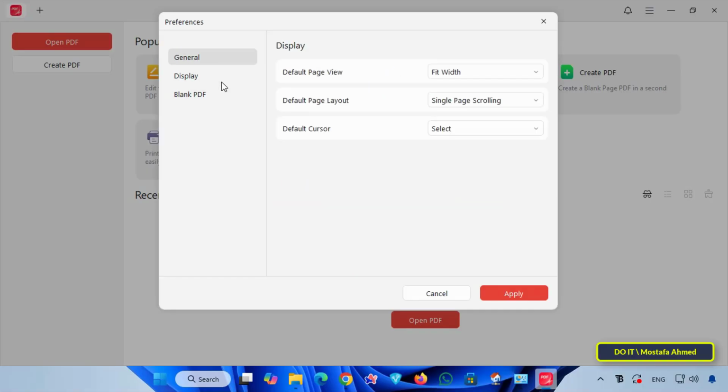And by clicking on the Display tab, you can adjust how your documents appear when you open them. You can set the default page width, such as Fits Display, to ensure the text is immediately readable. You can also choose the default page layout, such as Scroll One Page, which is ideal for smooth browsing. Finally, you can select the default cursor mode, so the application starts with the selection tool, or any other tool you use most frequently. Setting these settings now eliminates the need to adjust them every time you open a new